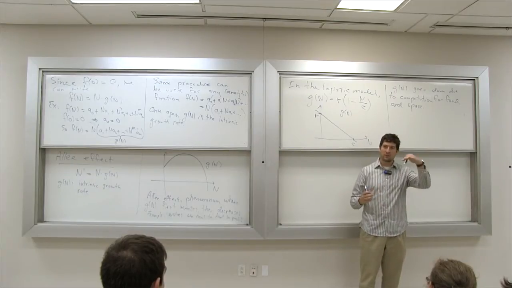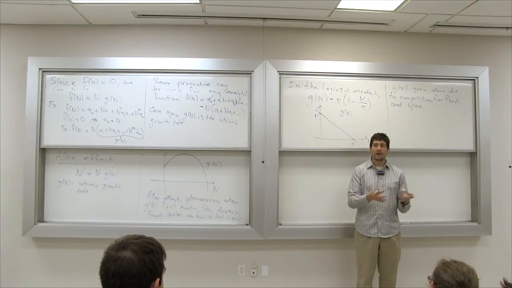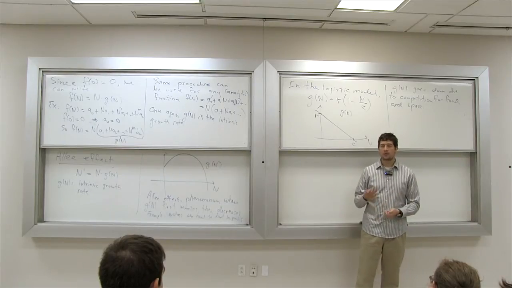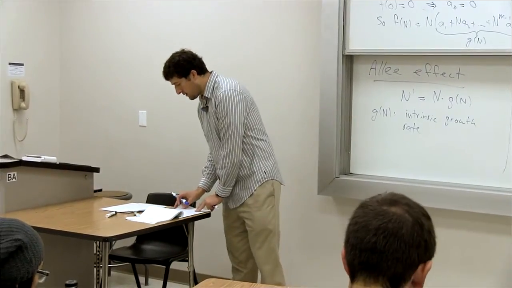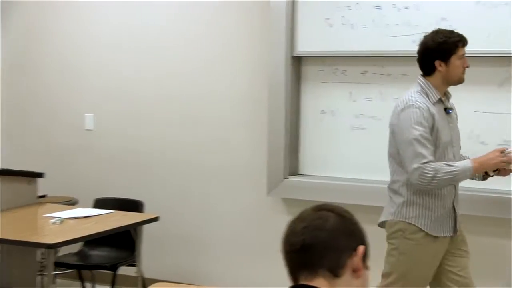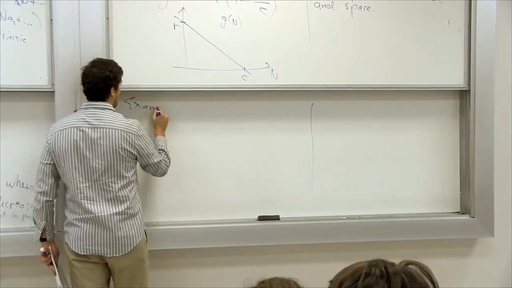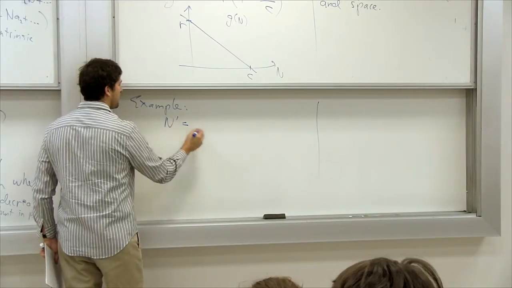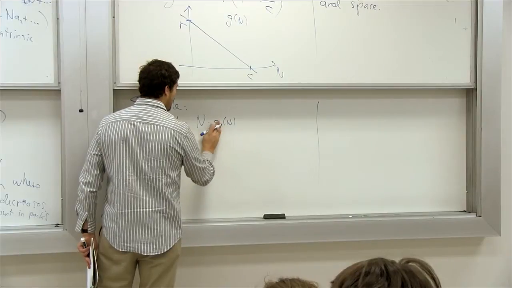Okay, so by just changing the shape of this function g, we can incorporate Allee effects. So it's not a very high price to pay for what we're getting. We're incorporating this additional ecological information. An example of an Allee effect quantitatively could be a function, or a system n prime equals n times g of n,